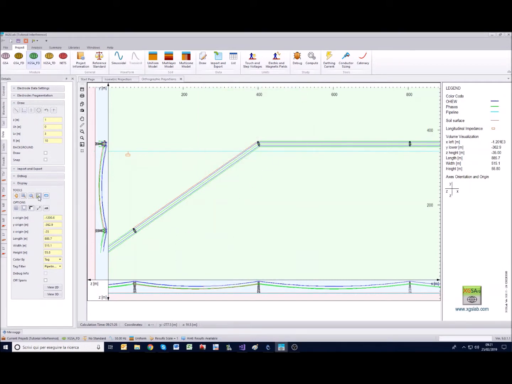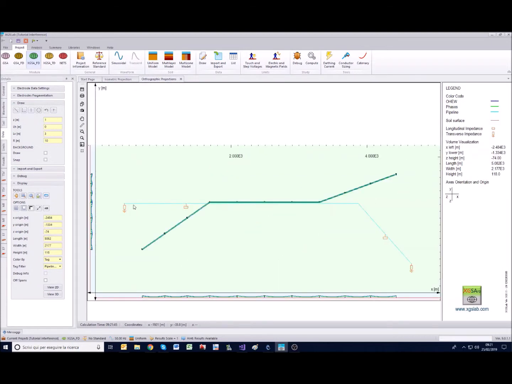Other things we can see are, for example, very evident here. For example, we had this ZT, a transverse impedance, this longitudinal impedance, and the same here. Let's say that in this case, we have that the longitudinal impedances are used to represent insulators. So it is as if the part of pipeline that is between the two longitudinal impedances is insulated from the rest. The transverse impedances that usually are